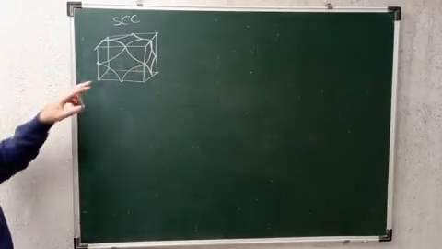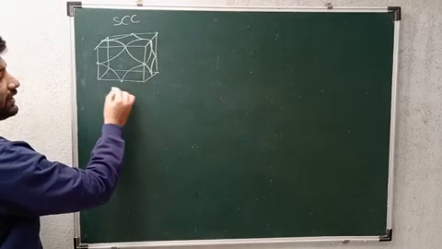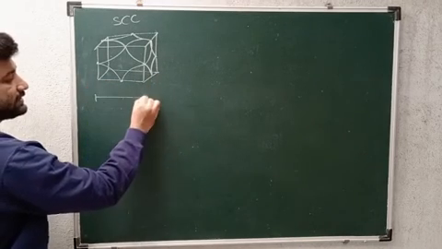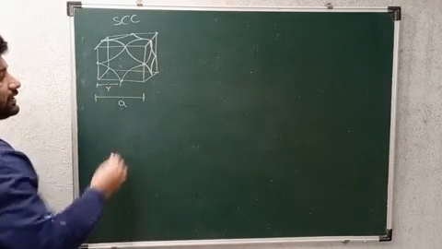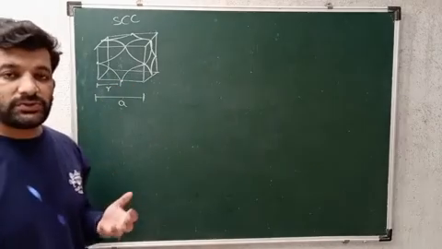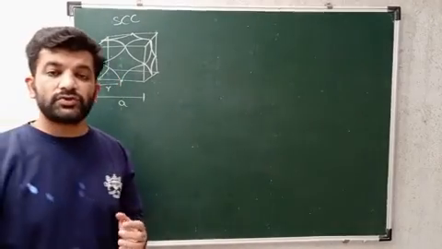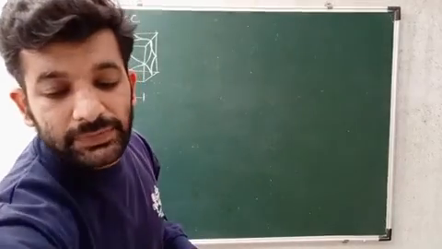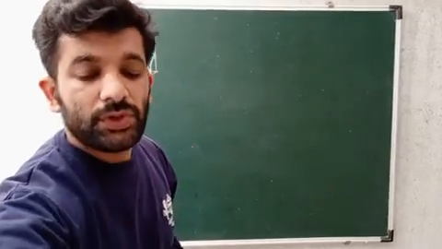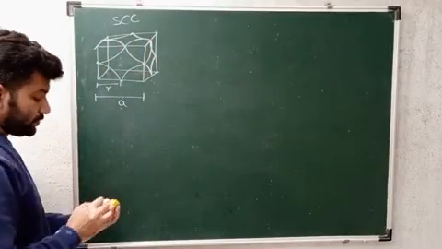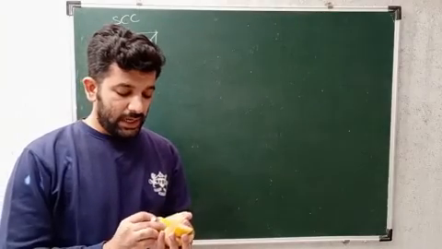Now this is the 3D image of a simple cubic unit cell, where at each corner we have atoms. This is our edge length, which is represented by a, and this is the radius of an atom. Now there are many doubts which can be in your mind, that how come the r can be shown over here. So for that I have brought some cutouts and shapes to show you. Okay, so first, to find out why we are having r over there.